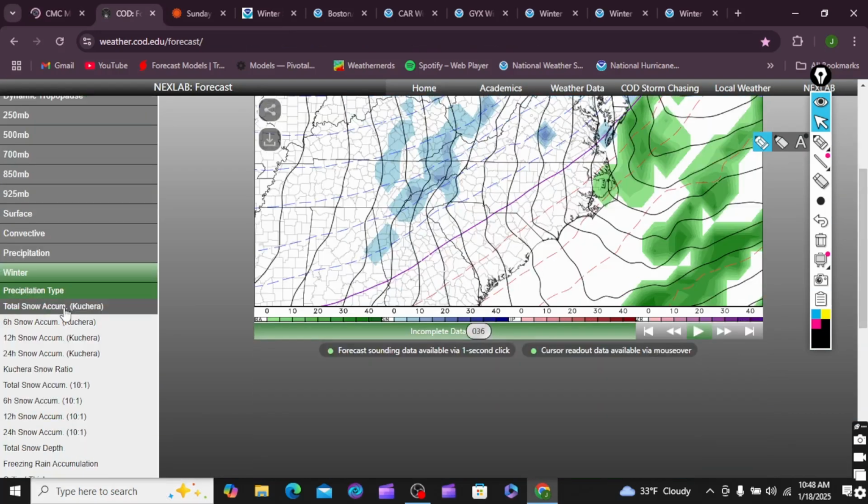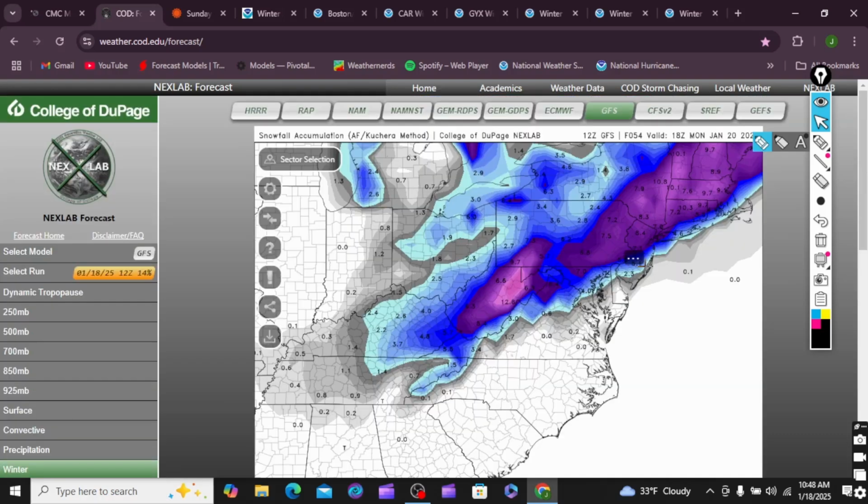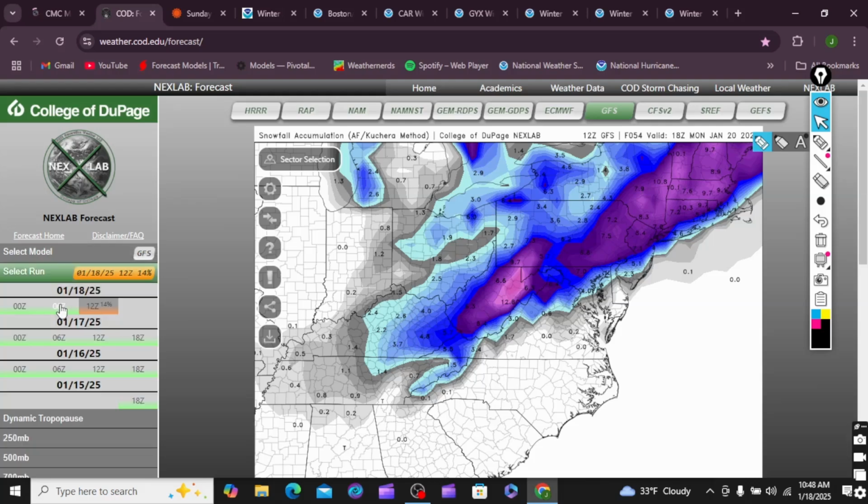I think the total snowfall still stands here. Yeah, it still stands. I think it's just coming in more in agreement here. Generally, everyone sees 6 to 10 inches, some spots maybe up to a foot. I think that's pretty reasonable as we just continue to get the latest data.